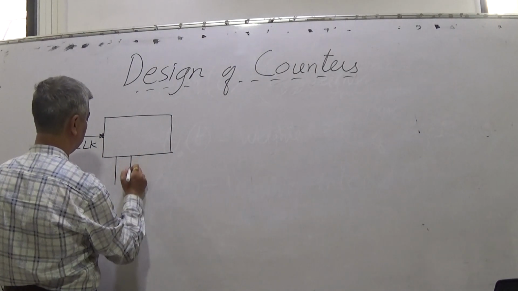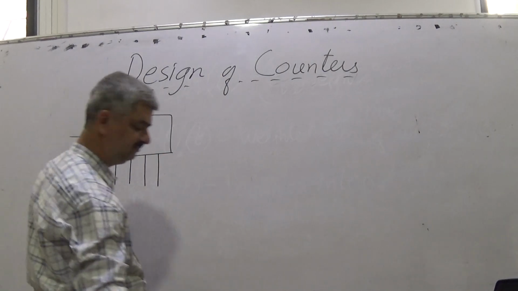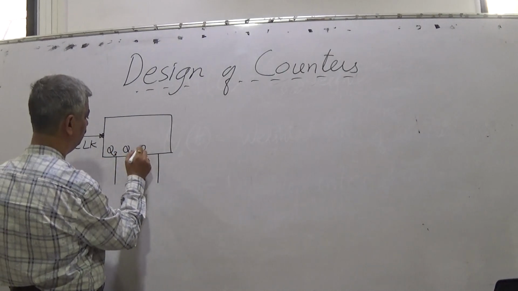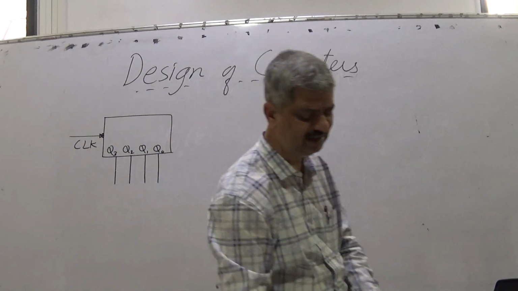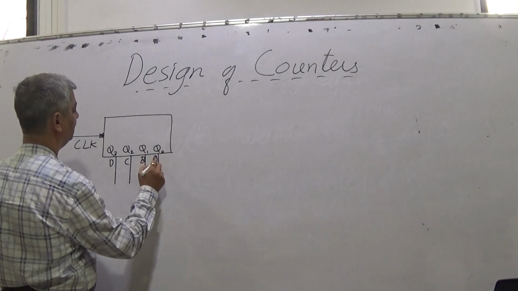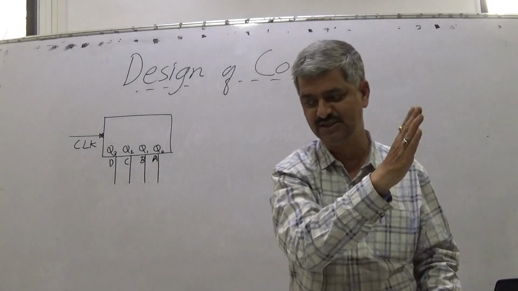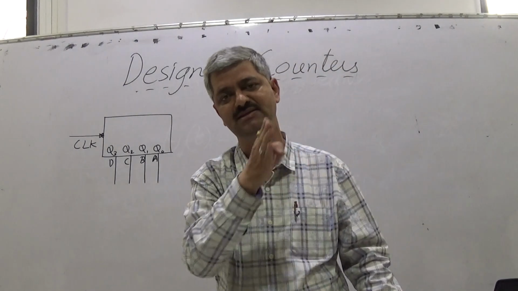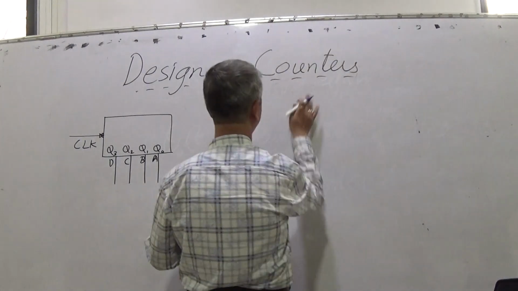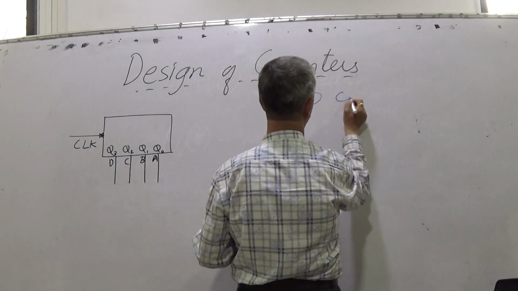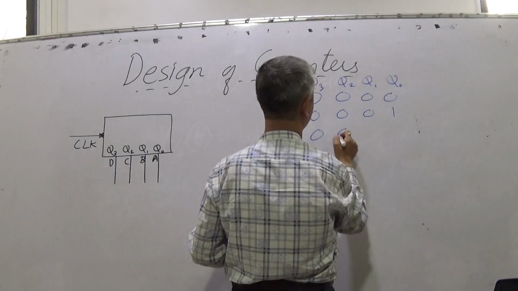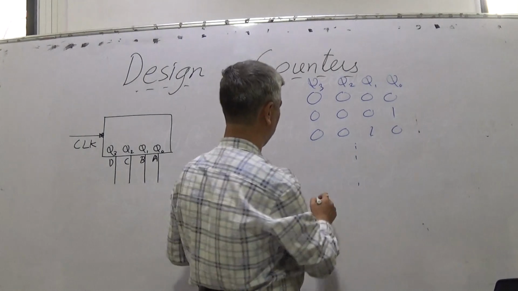And it has few outputs as may be required. If we go for designing a 4-bit counter, it will have outputs Q3, Q2, Q1, Q0, or in some nomenclature you might have also seen these called D, C, B, A. The convention is Q0 for the LSB, then Q1, Q2, Q3, or A as LSB, then B, C, D. The counter will change from 0, 0, 0, 0, that is Q3, Q2, Q1, Q0, then 0, 0, 0, 1, then 0, 0, 1, 0, and so on, until it comes to 1, 1, 1, 1.